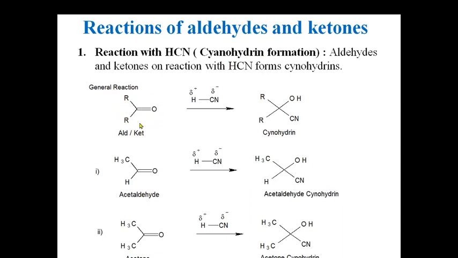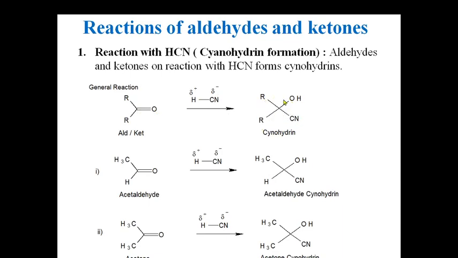So suppose we have an aldehyde or ketone. If you are reacting with HCN, so simple polarities, hydrogen is the positively charged and cyanide is the negatively charged. Obviously I have shown partial polarization. Now in carbonyl, all of you know carbon is positively charged and oxygen is negatively charged, as it is more electronegative. So we just have to attach the oppositely charged fragments to the corresponding carbon and oxygen. So this hydrogen will join to oxygen and CN will join to carbon, and simply you are getting